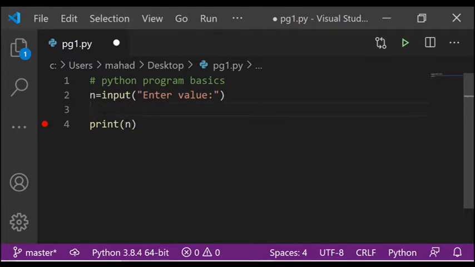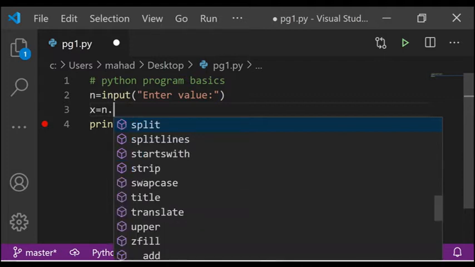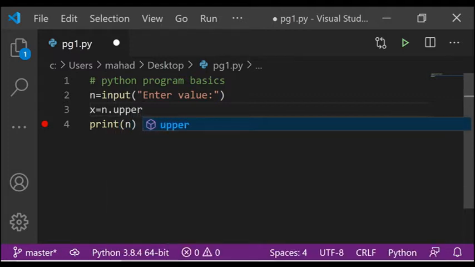Next we'll be seeing how to convert a string from uppercase to lowercase or from lowercase to uppercase. So consider another variable x which will carry the converted value. For example, say we are going to convert the lowercase user input into uppercase, that is n.upper. This is the function which is going to convert lowercase into uppercase.